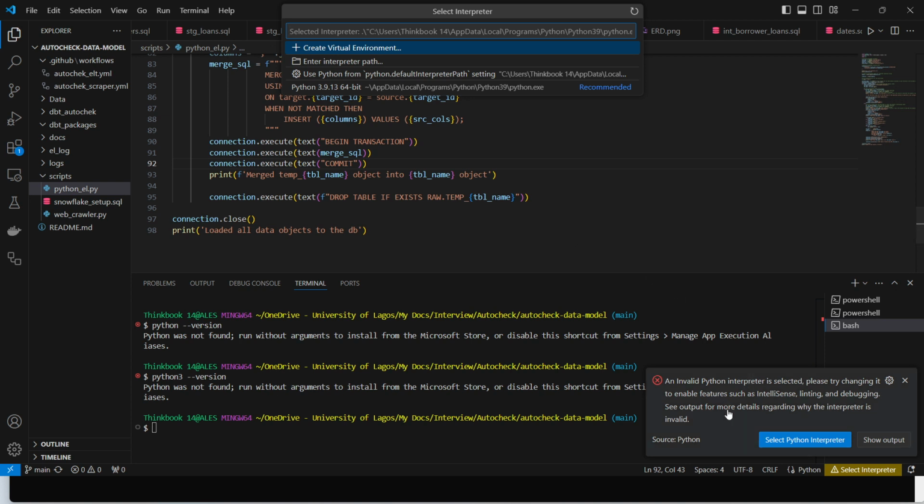So look at this result here. It says an invalid interpreter, please try changing it. You can try to create a virtual environment and stuff like that. So like this,